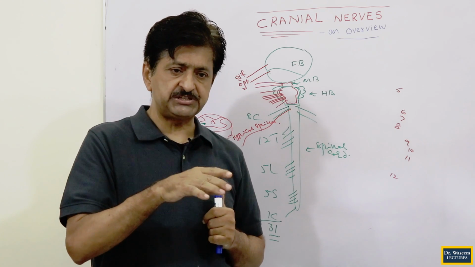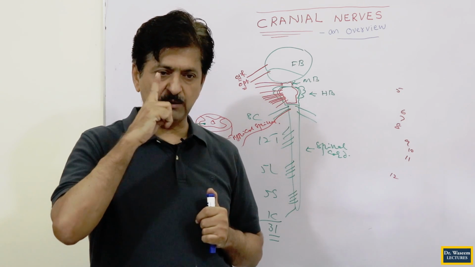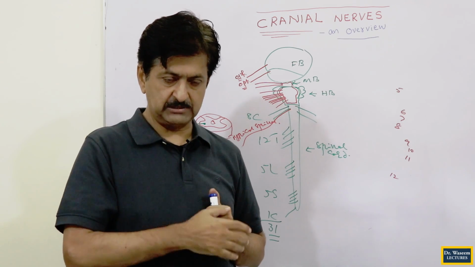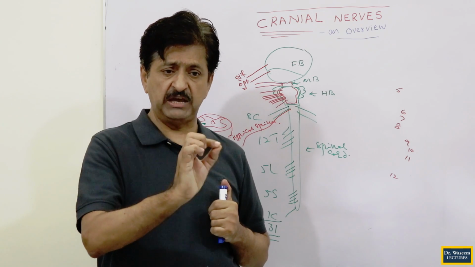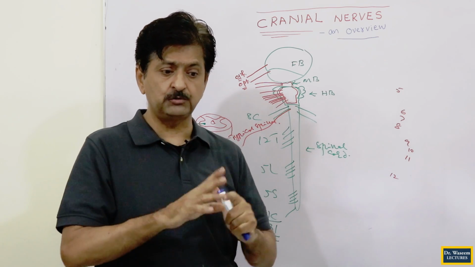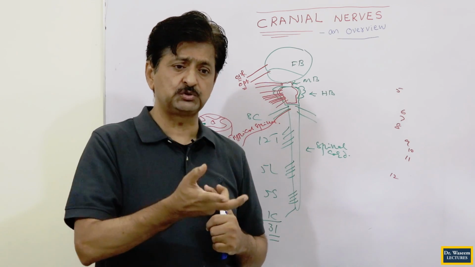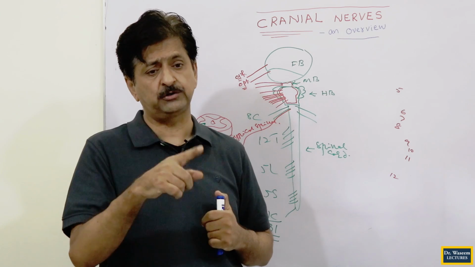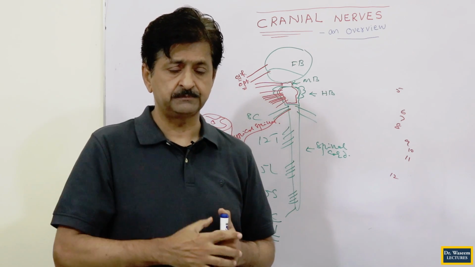Similarly, light rays enter the eyeball and strike the retina, passing through various media, and here the image is formed. When they strike the retina, over the retina there are receptors. These receptors transduce these stimuli into impulses, and the impulses are picked up by a very special nerve here.